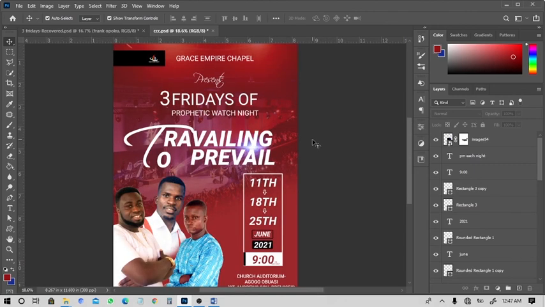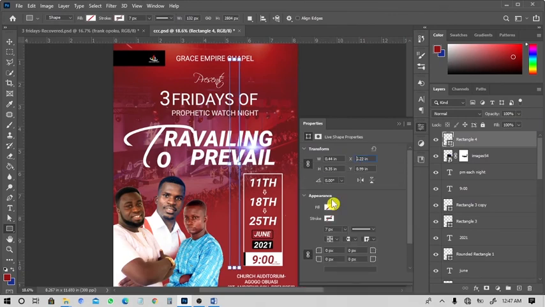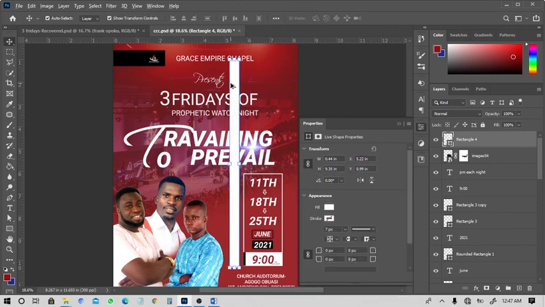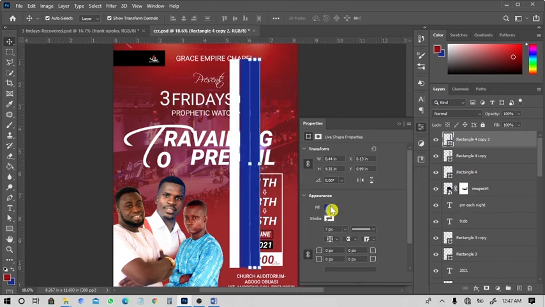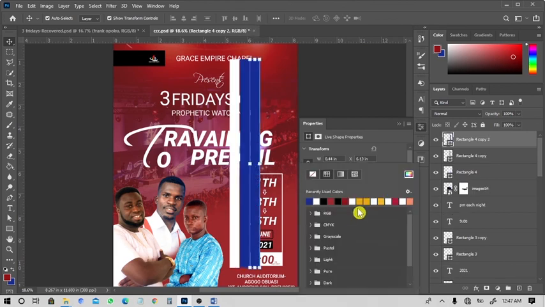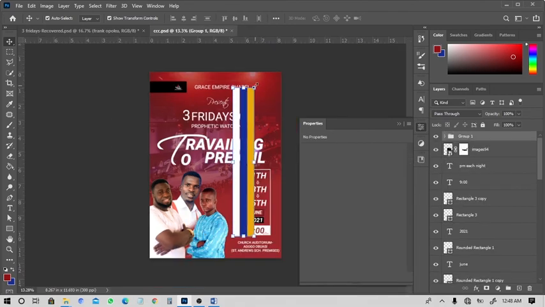And the last trick that I would like to add to it is to draw a rectangle, give it any fill. So let's choose maybe white for the first one, but we don't want stroke, so white. Then I'll make a copy, choose a different color like blue, make a copy, choose a different color like yellow, then select all of them, group all of them into one layer.